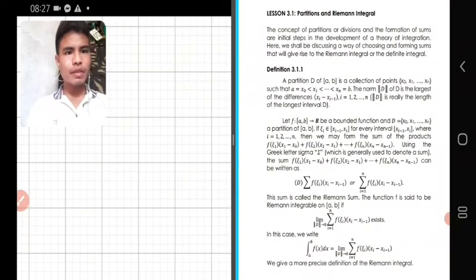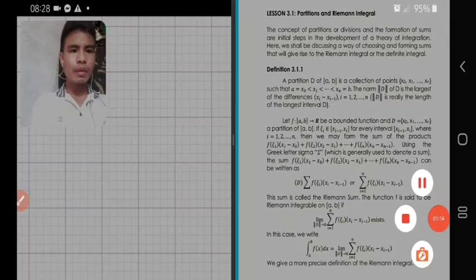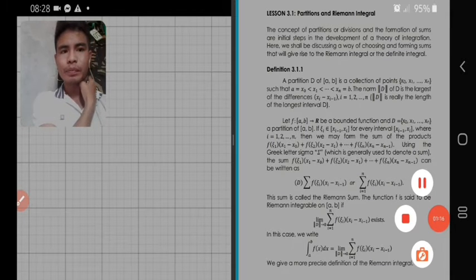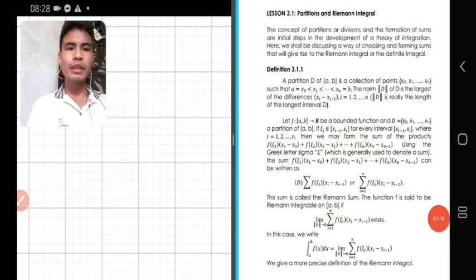It says that the concept of partitions or divisions and the formation of sums are initial steps in the development of a theory of integration. Here, we shall be discussing a way of choosing and forming sums that will give rise to the Riemann integral, or the definite integral. In definition 3.1, it says that a partition D of